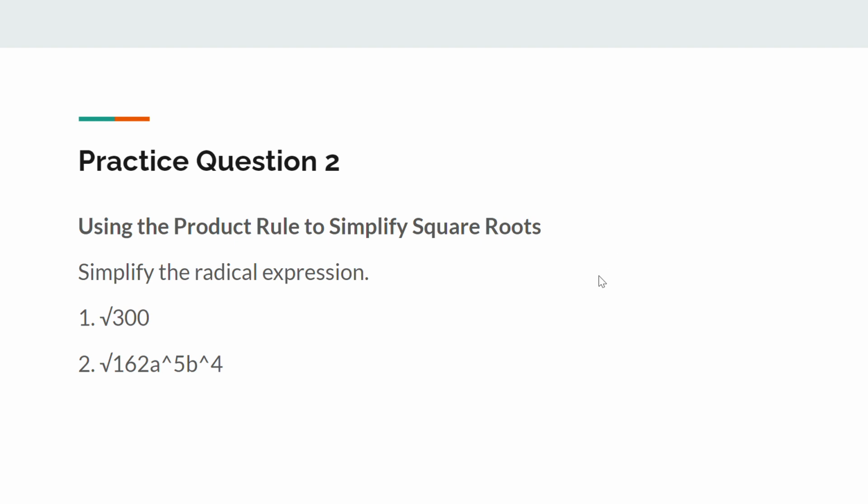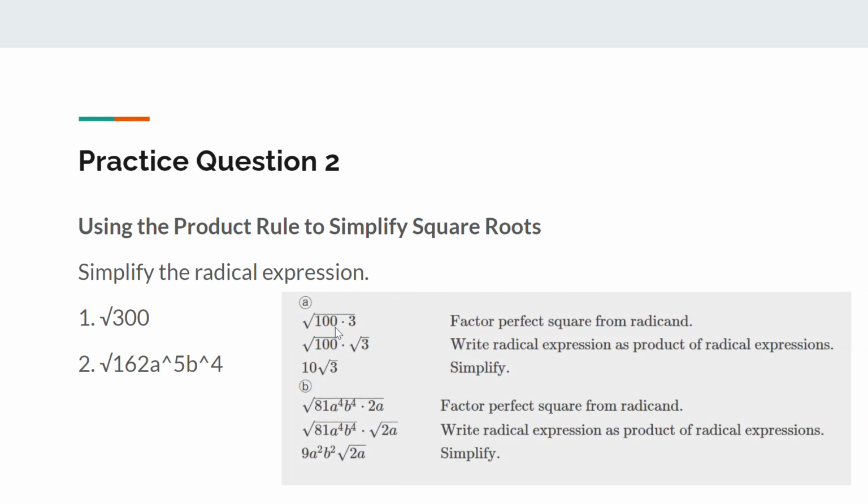Alright, so the answer for the first one is 10 times the square root of 3, since when we factor the thing out, we get the square root of 100 times the square root of 3, and the square root of 100 is just 10, so 10 times the square root of 3. And for the second one,